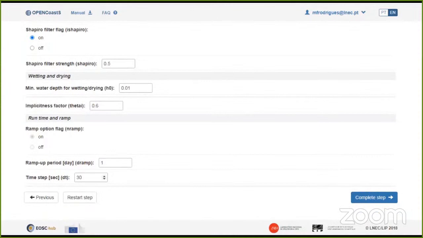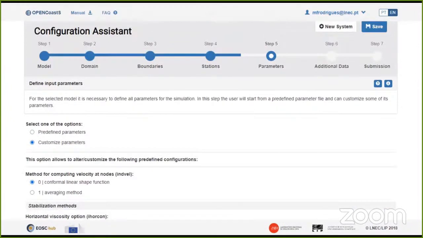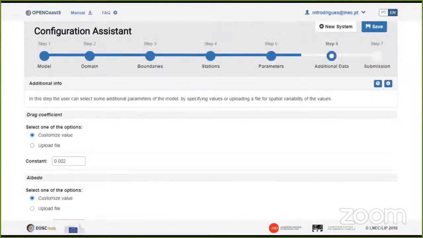Time step is by default set up for 30 seconds, which makes sense for the application, and I'm not going to do any change in the parameters for this application. So we can complete step 5, and now in step 6 we need to add some additional data.